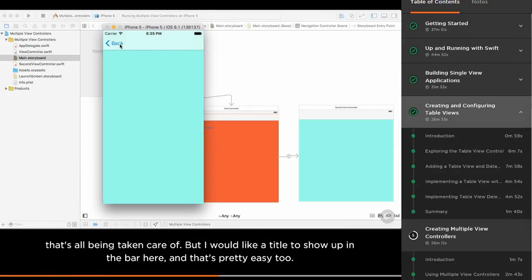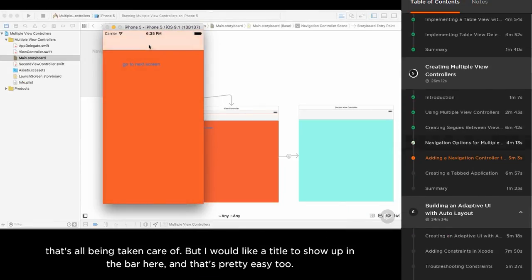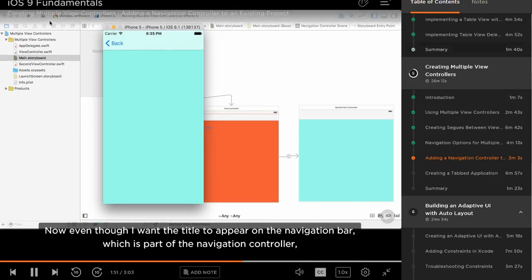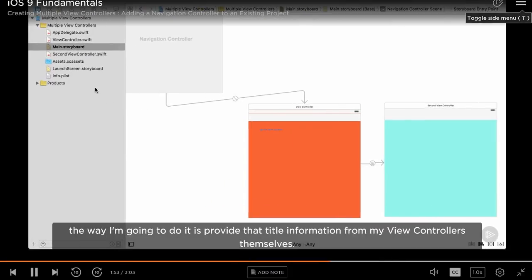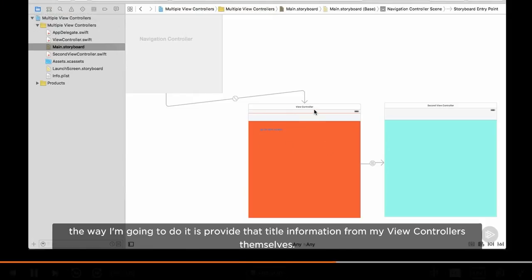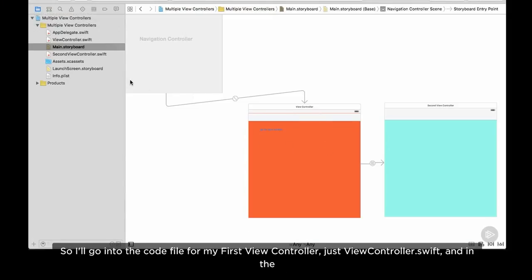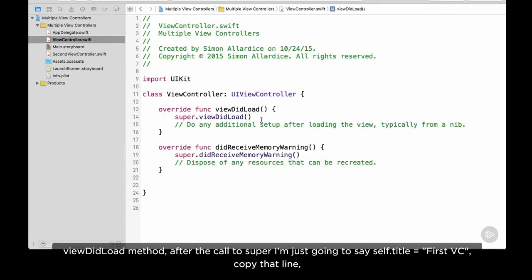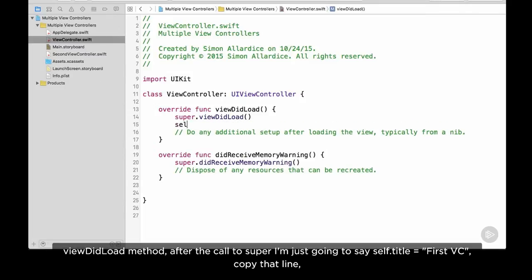But I would like a title to show up in the bar here, and that's pretty easy too. Now, even though I want the title to appear on the navigation bar, which is part of the navigation controller, the way I'm going to do it is provide that title information from my view controllers themselves. So I'll go into the code file for my first view controller, just viewcontroller.swift, and in the viewDidLoad method, after the call to super, I'm just going to say